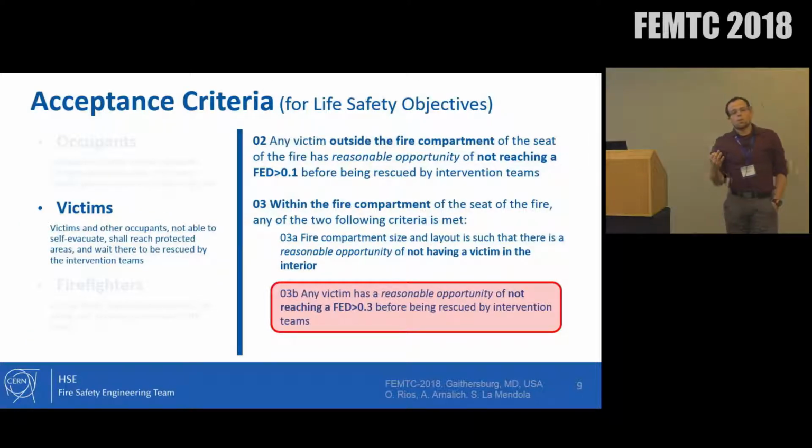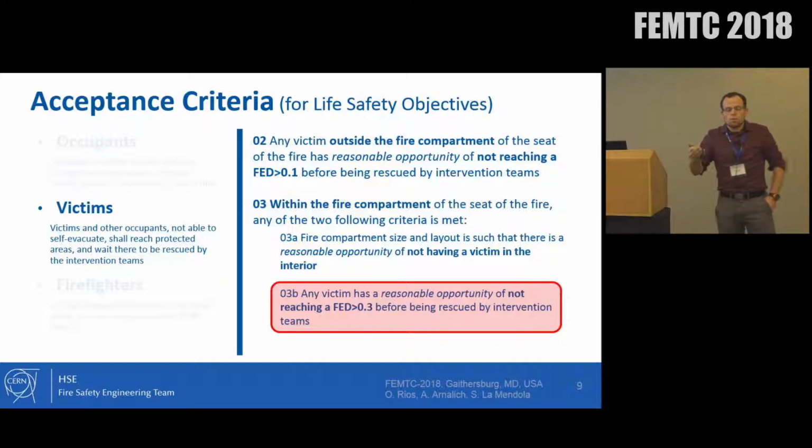As victims, we define the people that cannot self-evacuate by themselves. So people that are stuck underground in the tunnel, or they're impeded for whatever reason. And as you can already see, and Daniel mentioned it yesterday, this RSET ASET strategy doesn't really work here, because we are sure that if someone is stuck in the fire compartment, the visibility will go to 0. But as Daniel stated yesterday, and I fully agree, visibility doesn't directly kill you.